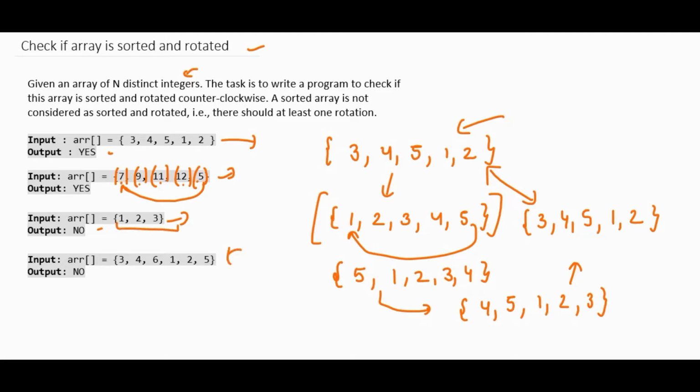This array is just sorted but not rotated, as you can see. So this array has 3, 4, 6, 1 and 2. Okay, if this would have been sorted, this would have been 1, 2, 3, 4, 5, 6. But as you can see, we have 1, 2, 5, 3, 4, 6, right? So if we start from 1, the minimum element, then it should be 2, it should be 3 here, right? If this would have been sorted, but 3 is on the first position. So this is not a sorted and rotated array. So I think you have got the question. Now let's see different approaches to solve it.